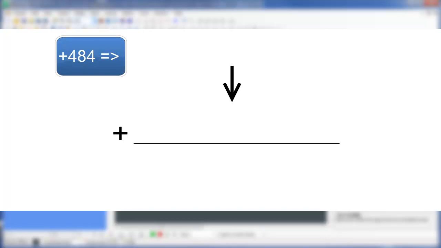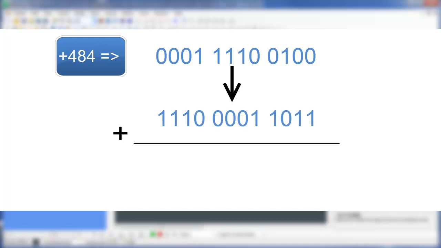The binary representation of 484 is 0001 1110 0100. The first step we'll need to take is to invert each bit in the binary. So 0001 1110 0100 inverted is 1110 0001